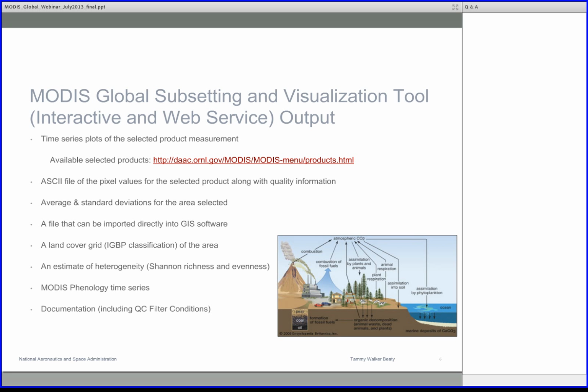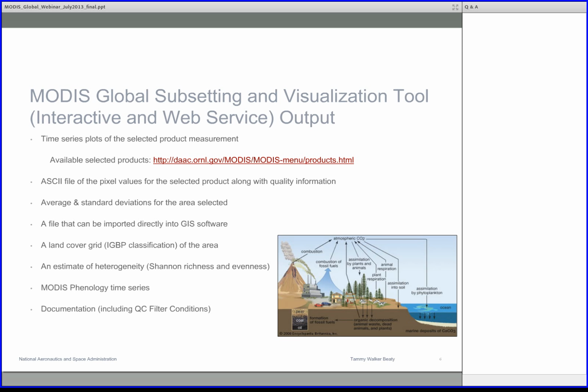There are averages and standard deviations for the area that you select. There's a file that can be imported directly into GIS software, a land cover grid showing the IGBP classification of the area, an estimate of heterogeneity, that's the Shannon richness and evenness, MODIS phenology time series, and documentation, which includes